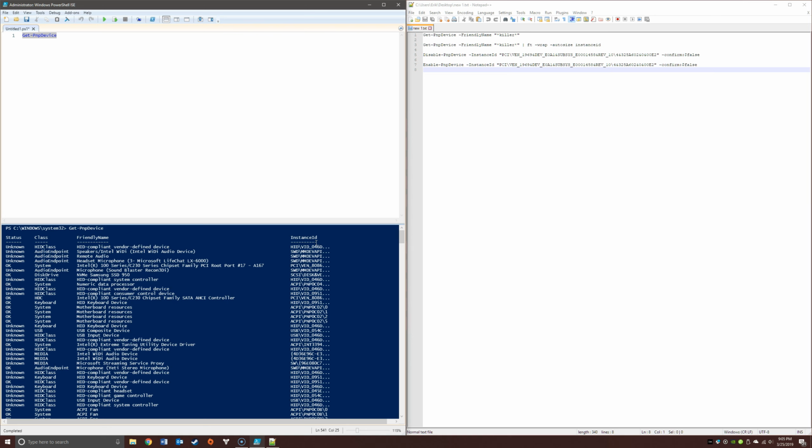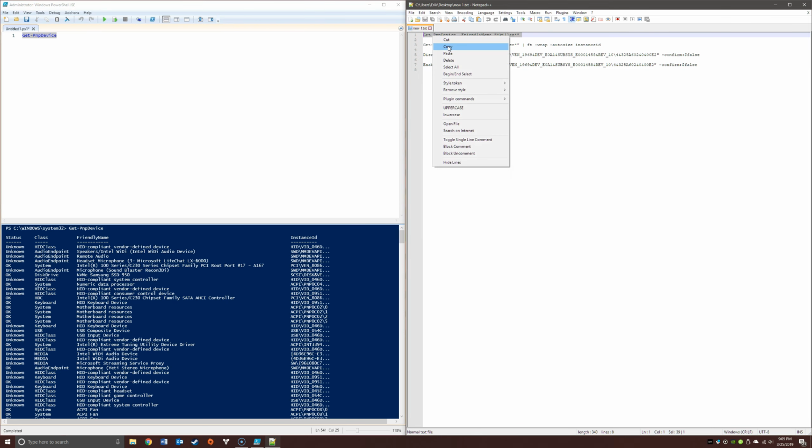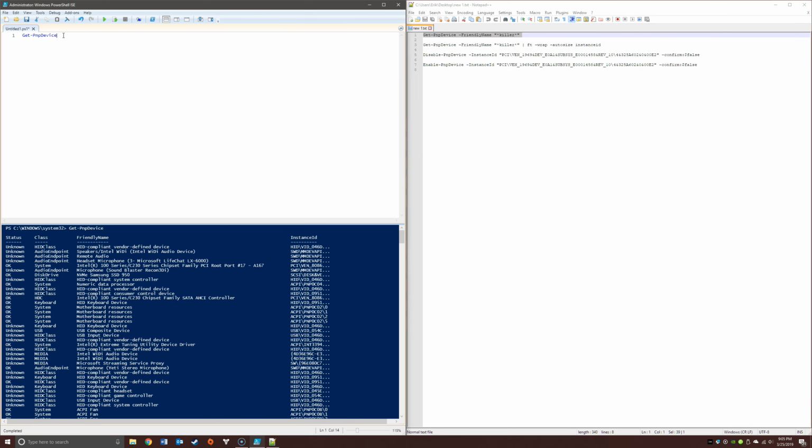In this case, I know that it has the word killer in the name, so we're going to do a Get-PnpDevice, but this time we're going to include the -FriendlyName and specify wildcard killer wildcard. So essentially we're saying get the device with the friendly name that is like or contains killer. So if I go ahead and run that,